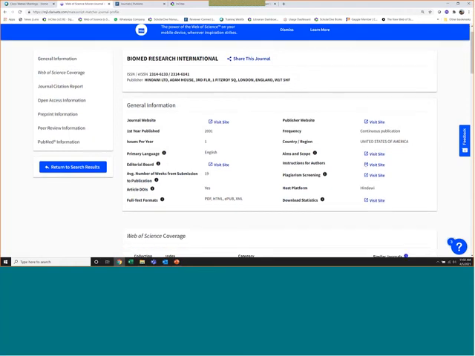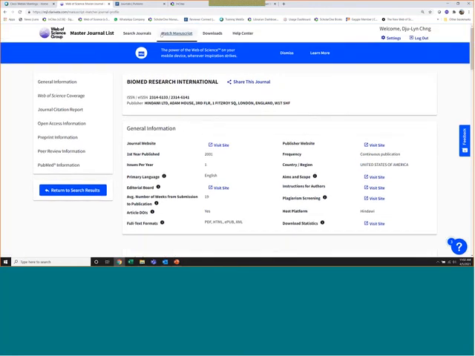You can also look at links directly to the journal website to see their aims and scopes. So this is a very useful tool that you can use to verify journals on the go, and find a journal that is most closely suited to your manuscript that you're trying to publish.